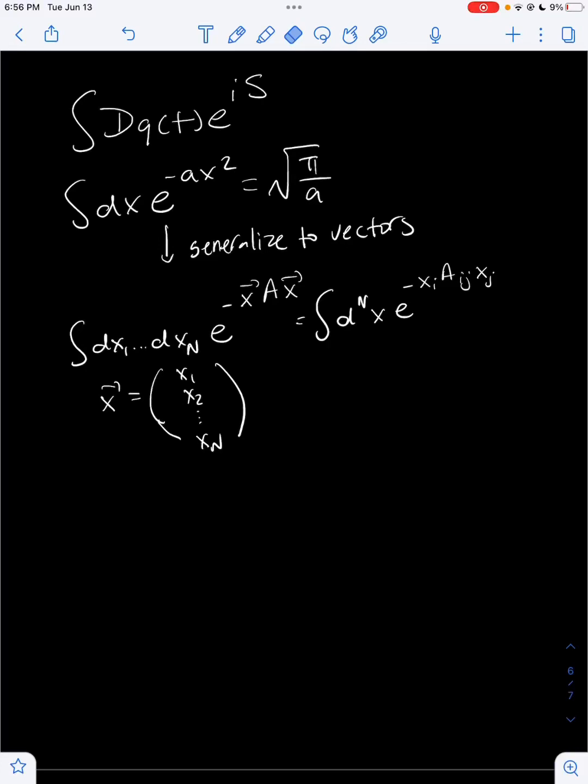Hey guys, today we will be solving the path integral for the harmonic oscillator. So let's begin. Here's the path integral, and here's the Gaussian integral. To solve the path integral for the harmonic oscillator, what's going to be helpful is to generalize the Gaussian